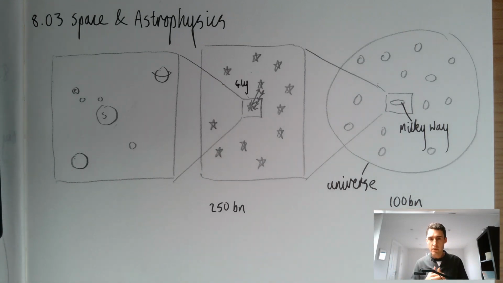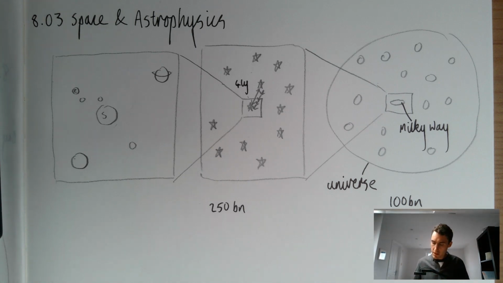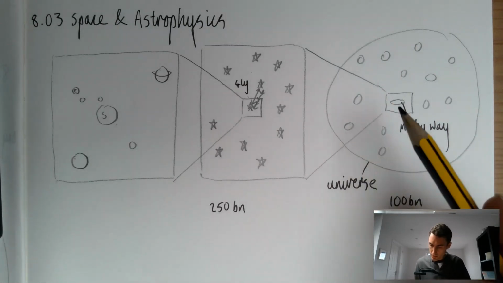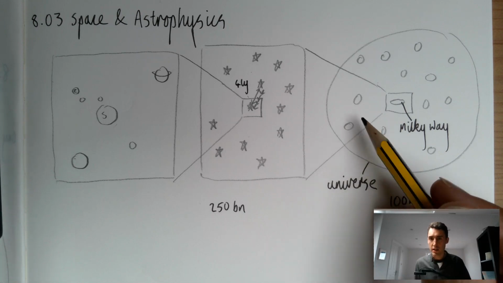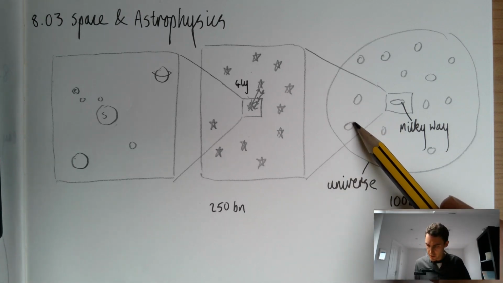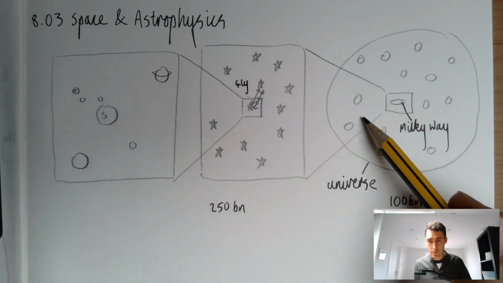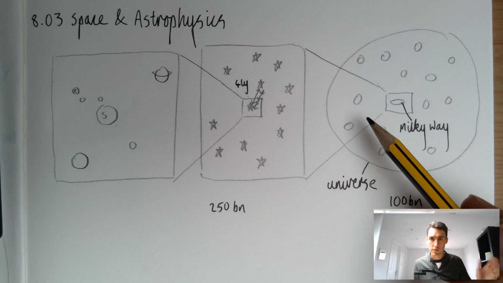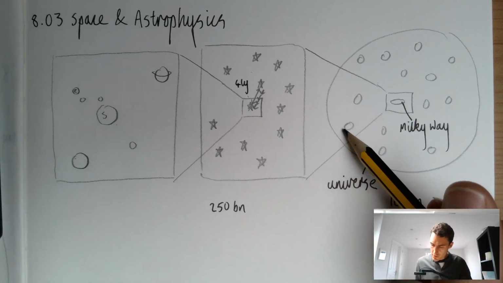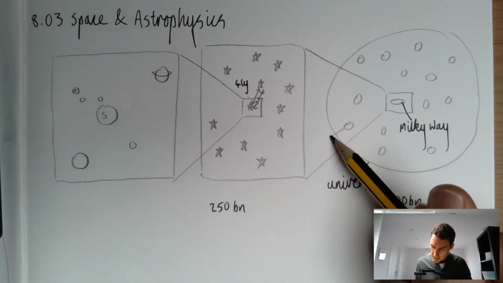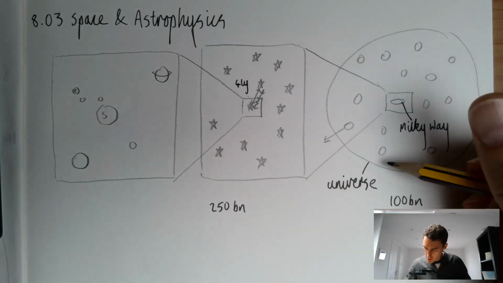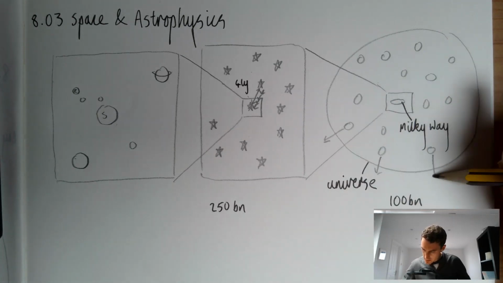Now, the final thing that you could talk about here, and I think this is really important, is the work that was done in the 20th century by someone called Hubble, and others as well, of course. What Hubble discovered was that you can measure the distance of stars via various methods, and we're talking hundreds, thousands, millions of light years away. When you measure the distance, you can also measure the speed, and when you plot those against each other, what you find is that these distant